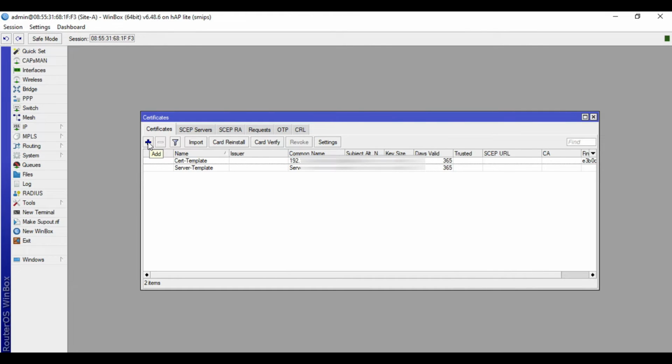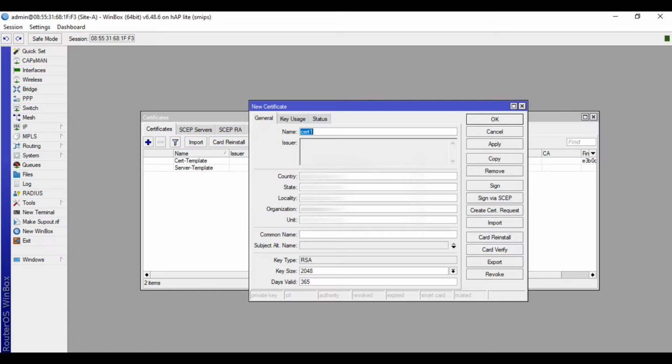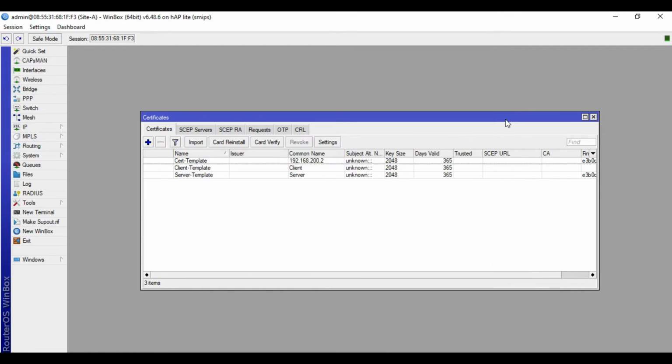Let's make now the client template. Then input here your desired credentials. For the common name, I'll name this one client. Subject alt name, IP. Apply, then OK.